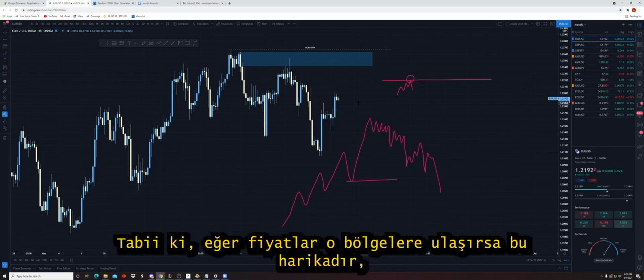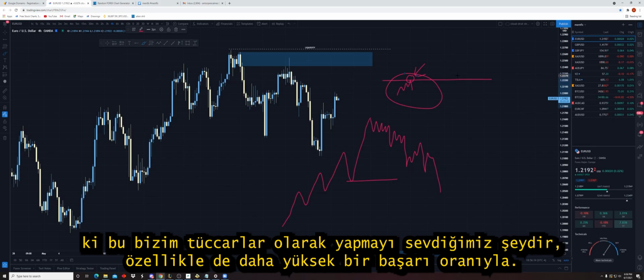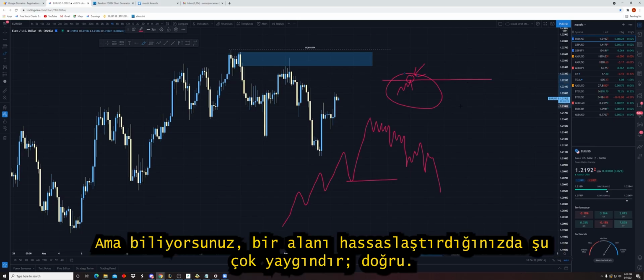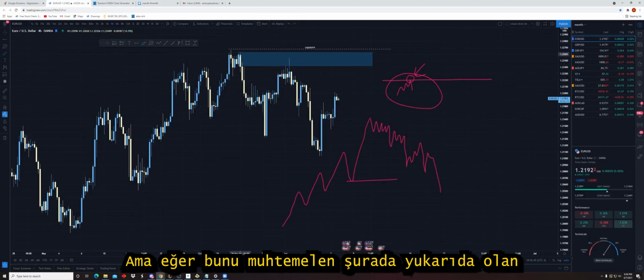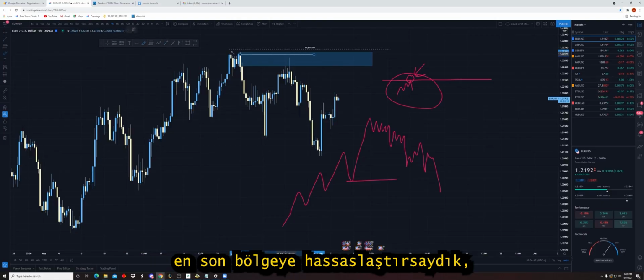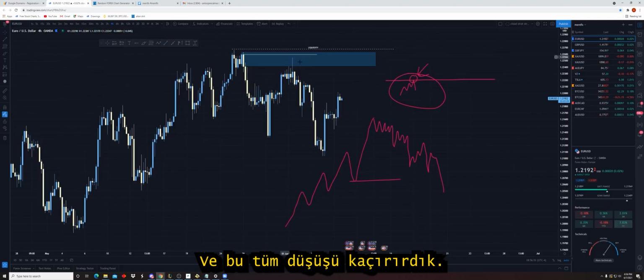Now, of course, if prices do reach those zones, it's fantastic, because then you can look to get involved on a very high R basis, which is what we like to do as traders, especially with a higher success rate. But it's very common when you refine an area, right? This area here definitely got tapped, but if we refined this to potentially the last zone up here, because there probably is one up here, you can see that price never tapped it, and we miss out on this entire